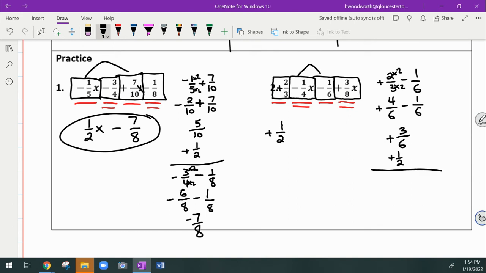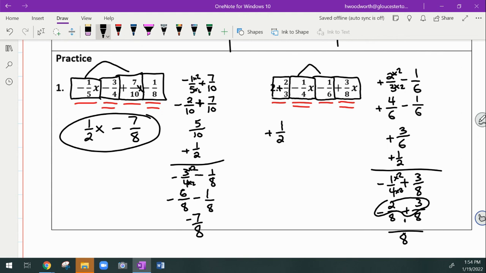Now I'm going to deal with my other like terms, and that's a -1/4 x, but I'm not going to write that, and plus the 3/8. Now I see that they're different, right? One's taking you in the minus direction, one's taking you in the plus direction. So now I'm going to make like terms, not like terms, common denominators, and I'm going to multiply that by 2 times 2. That gives me 2/8. And then I have to put the 3 over there. There we go. All right, and now I see that I have a